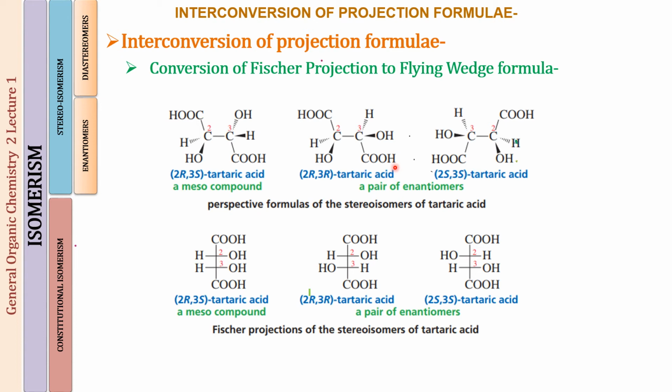So the students who already know optical isomerism, well, they know all about it. But in case you have not yet studied optical isomerism, do not worry, you will understand all of this when you have studied that. But what I want you all to do is take one compound and convert it into its Fischer projection, the second into its Fischer projection, the third into its Fischer projection, and vice versa also. So that is one practice that I want you all to do. Okay.